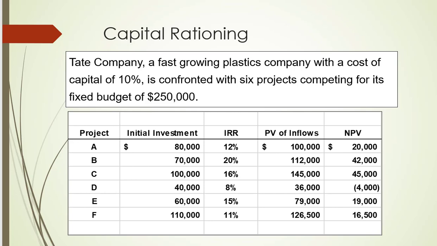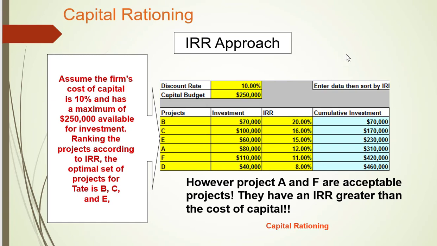Well, there's 2 ways we can approach this issue. The first thing we can do is look and utilize the internal rate of return approach. In this case, using this capital rationing worksheet, you can enter the projects and then sort these yellow boxes based on the internal rate of return. So we go from highest to lowest. The decision then is on the right-hand side. How much money are you going to spend? If you go down here, if we do projects B, C, and E, we will spend